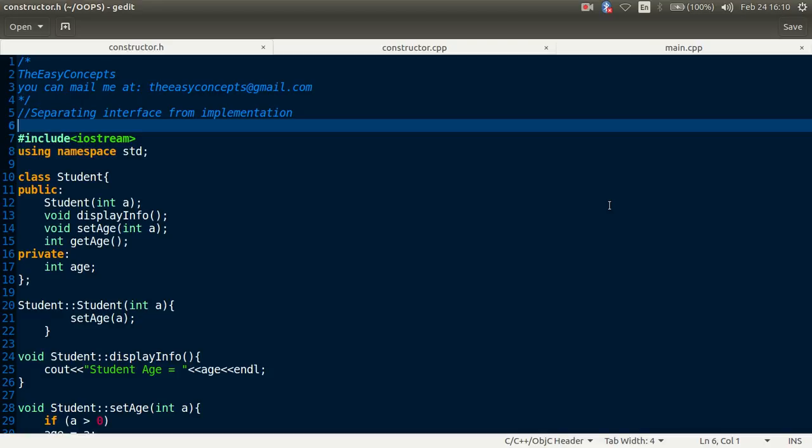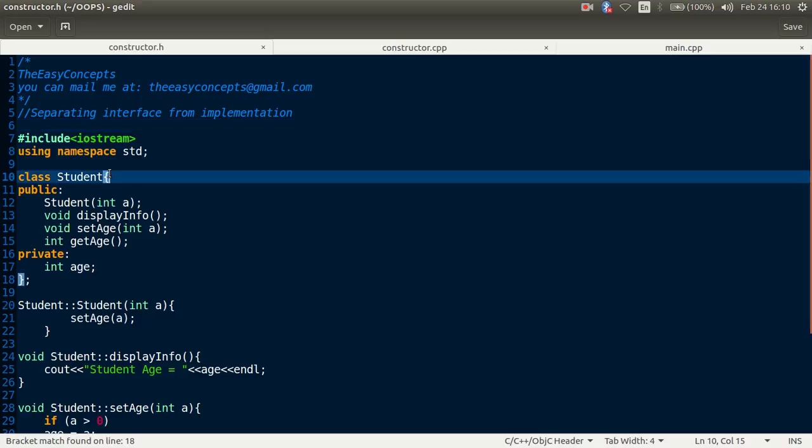In the previous tutorial we discussed the way we can achieve reusability by separating the class definition from the client code. Suppose we have this class definition here and a main function in the same file.